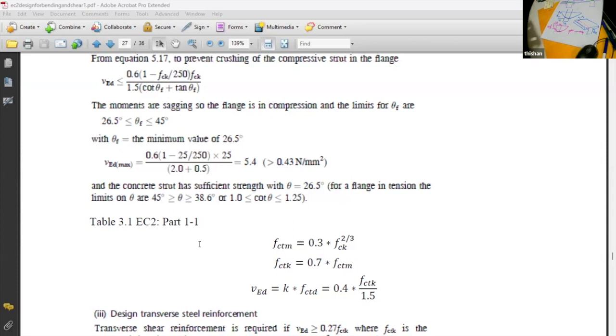So we have this common interface between the flange and the web, which is a common area. And if it is going to fail, the stress should be large enough. Here the stress is so small that it is not going to fail even if you don't